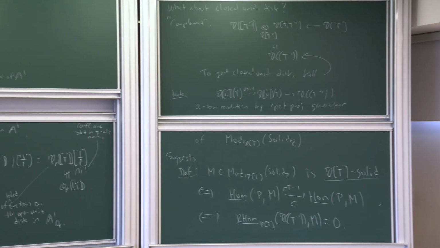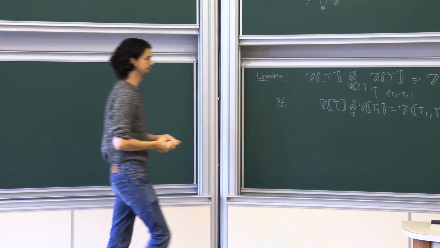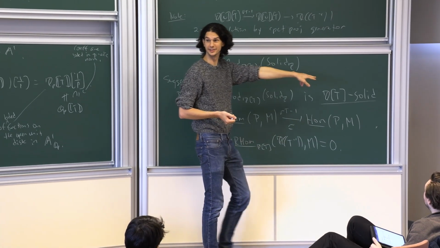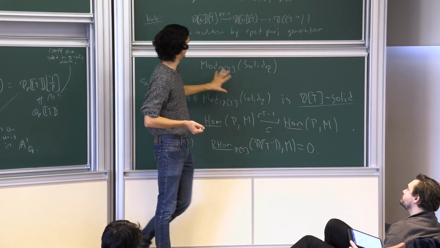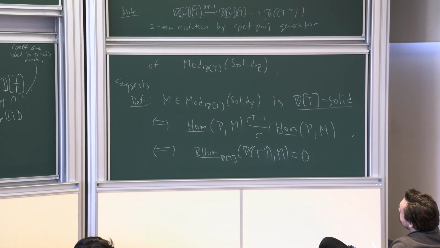So now, the theorem is basically that this definition, the name is well chosen, so that this ZT solid theory over ZT is very similar to the solid Z theory over Z. So let's say